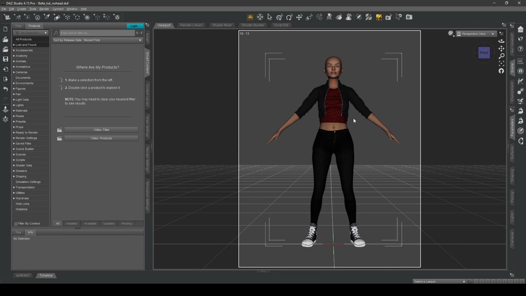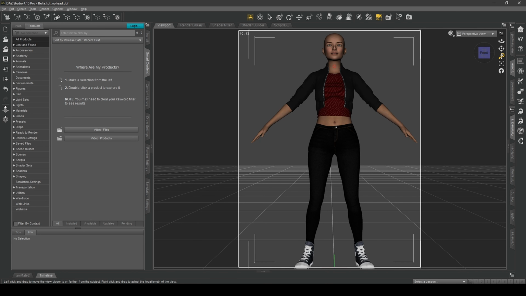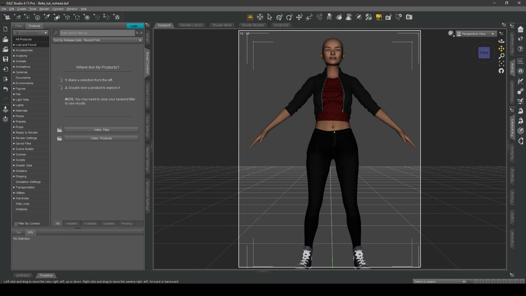Now what we're going to do is draw around the parts we need to remove. So I'm going to start here at the waist. I'm actually going to zoom in so we get a more accurate result. One moment. There we go. So what I want to do is start here and get as close to the edge of this shirt as possible.